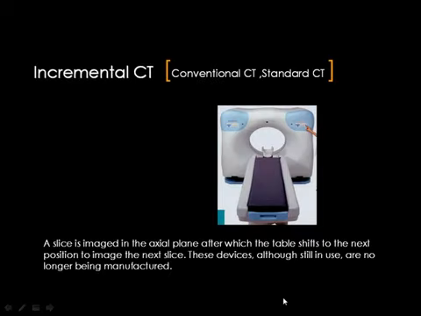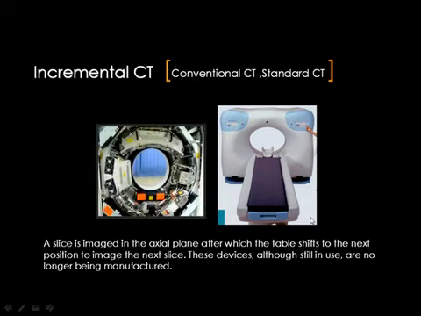Then I will give you a very quick idea about the development of the CT scan. This is the older CT machine, and any CT scan is composed of a big box, which is known as the gantry, and a bed where the patient lies. If you open this box or the gantry, you can see a lot of instruments, and the most important one is the X-ray tube. And in front of the X-ray tube is the imager, which is known as the detector. The patient lies in between these 2 parts of the